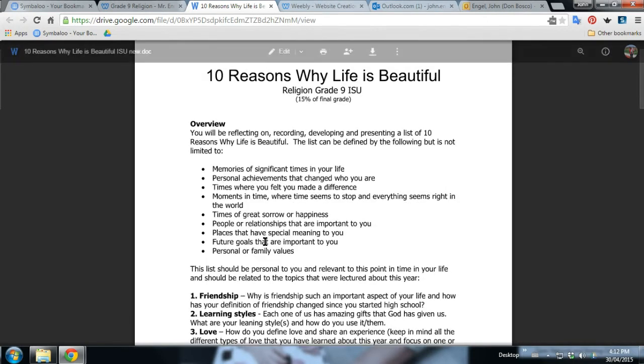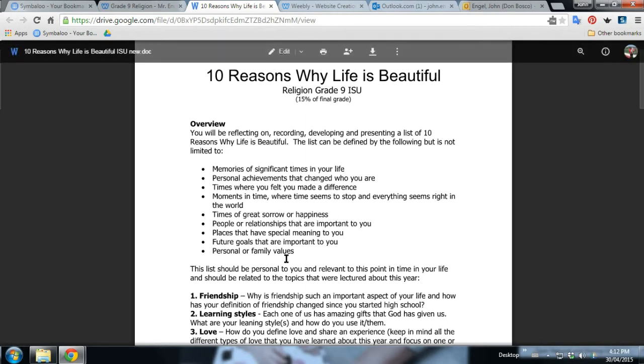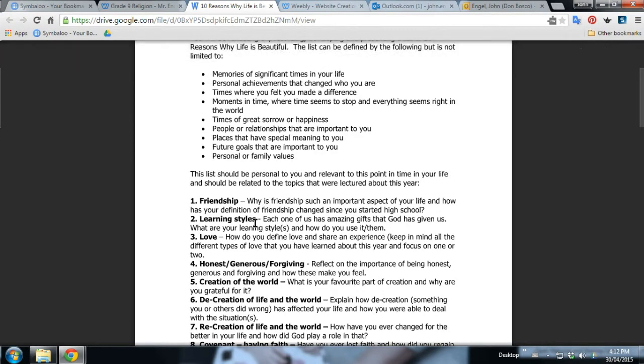So this is kind of a brainstorming list that you can use. We'll be doing an activity in class in partners that will kind of help us brainstorm some activities that we can use for this. Okay, and then we're going to make a list. And it's basically going to be a presentation or a booklet of some sort that covers 10 different kinds of events in our life. And these events correspond with the different strands or units that we did in the course.